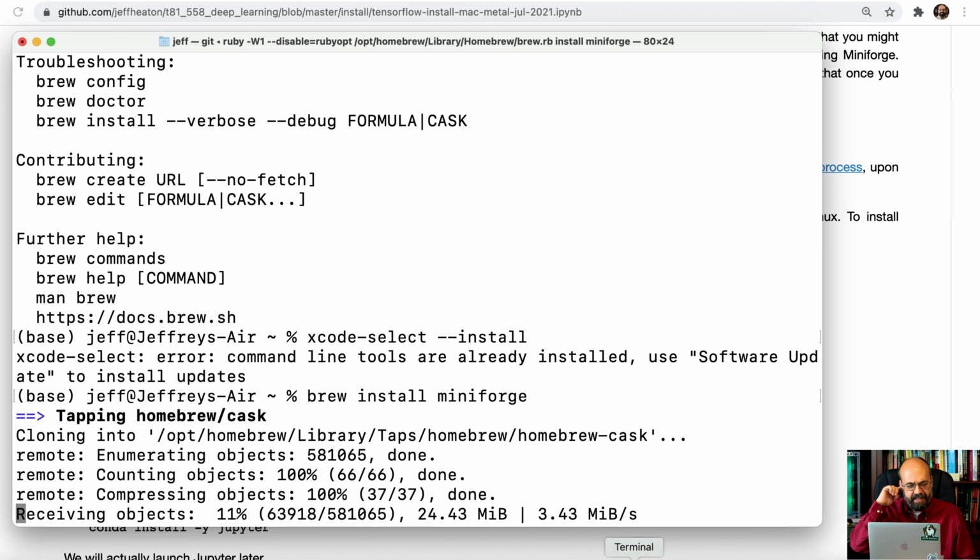The only way that I could think of this possibly failing is if there's a new version of the Apple Metal and a new version of MiniForge and they're not quite compatible. If I run into that, I'll definitely post something about that. Then you would need to request to install a very specific version of MiniForge. We'll go ahead and fast forward through all of this.